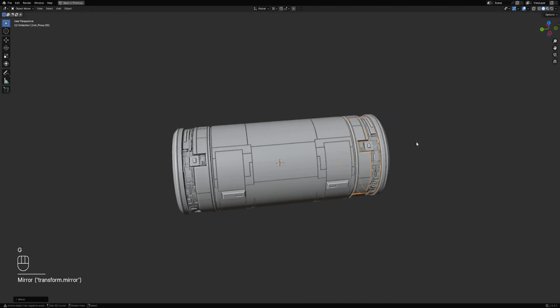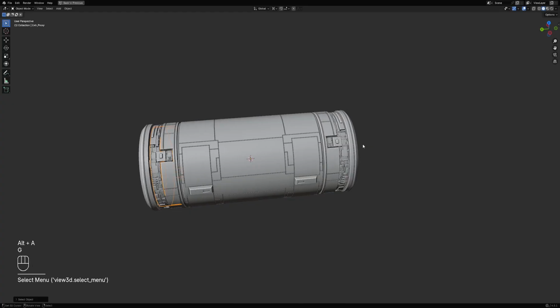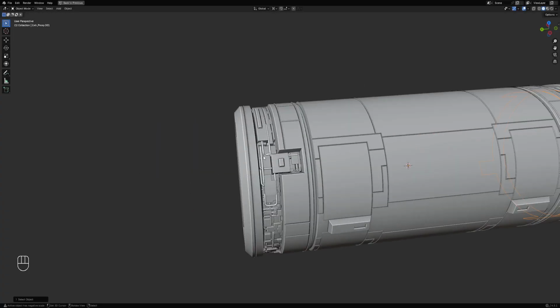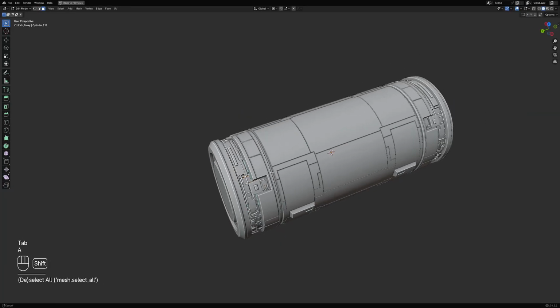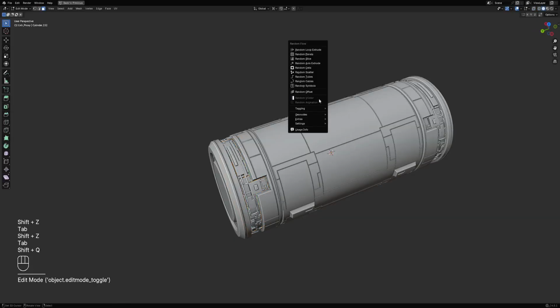So we have our duplicate here and our original here. Our duplicate will be named extract proxy 0.001. So we can generate cables separately using this and avoid symmetry. Okay. So selecting all the faces and